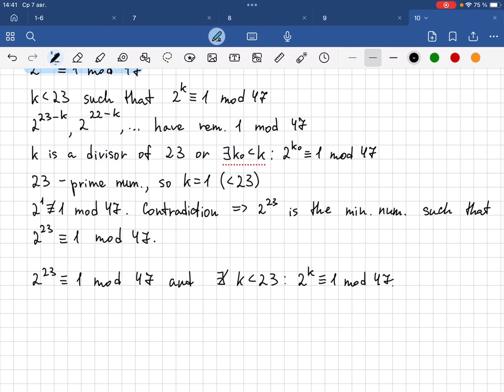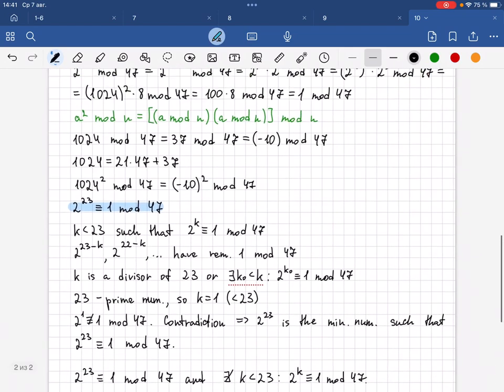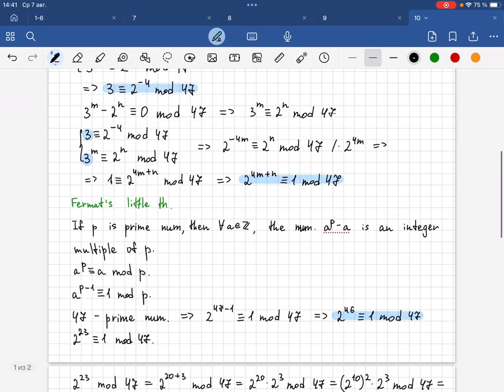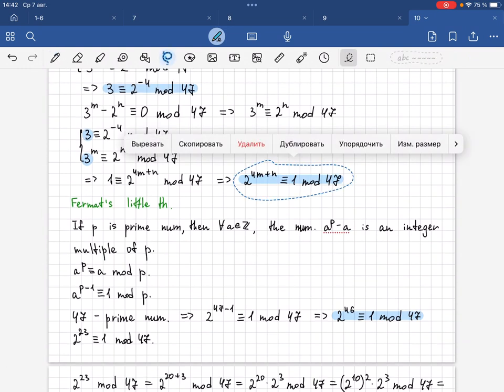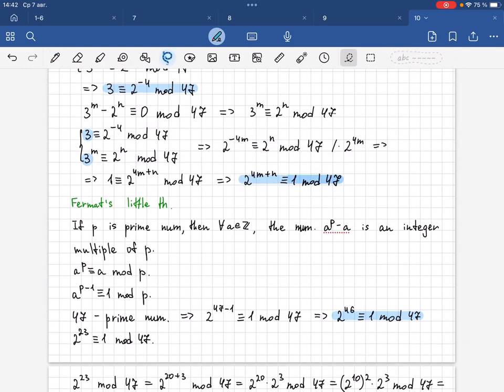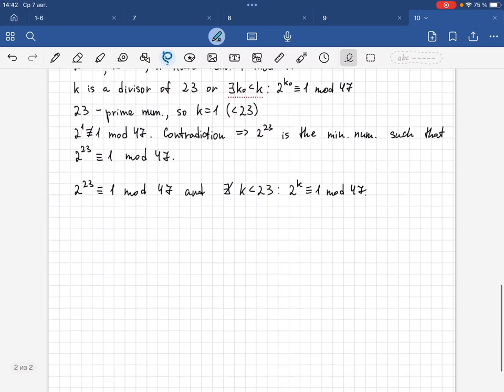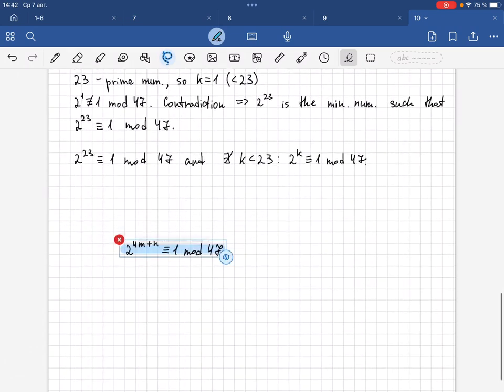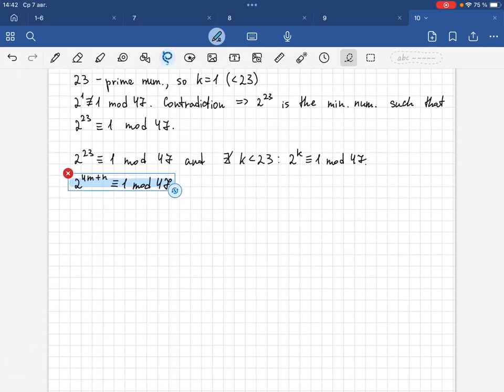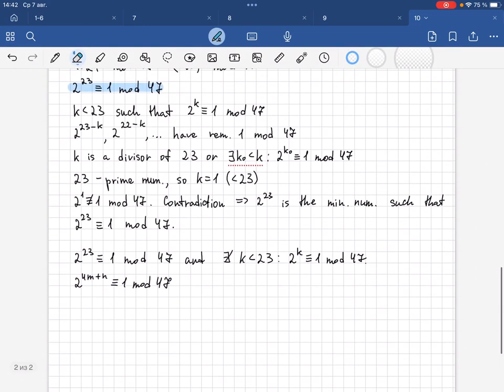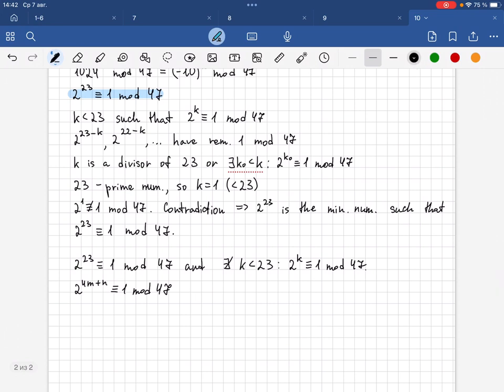And we also know that 2 to the power 4m plus n equals 1 mod 47. So according to the logic we used in this proof right here,